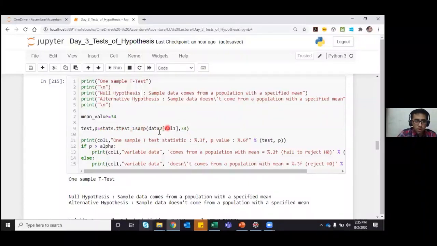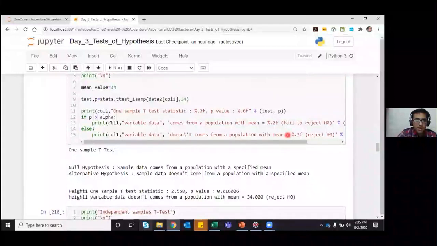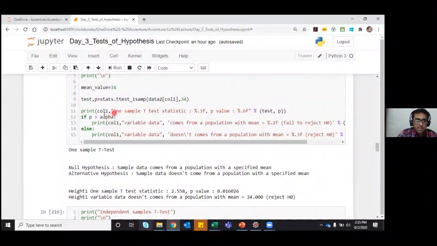I'm checking on column 1, and I've taken an arbitrary value of the mean as 34. You can change it and see, it will still run. And when I run it, according to the statistic and the p-value, I will either reject or accept the null hypothesis.